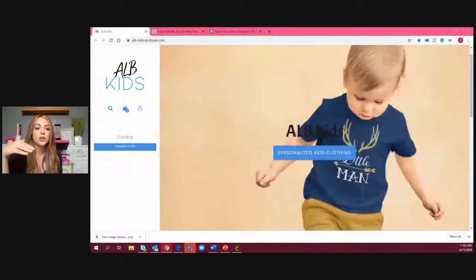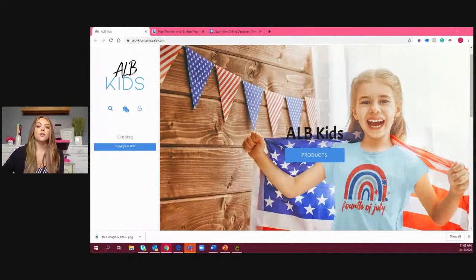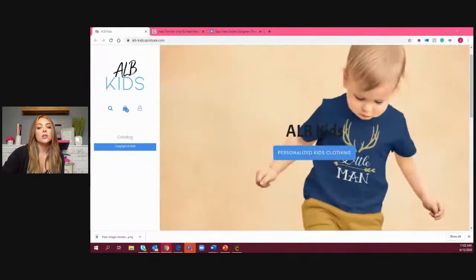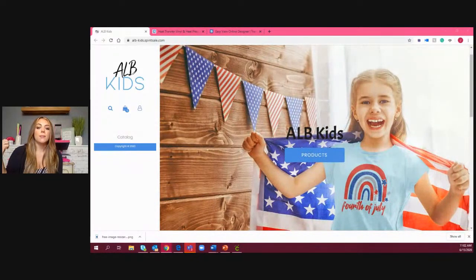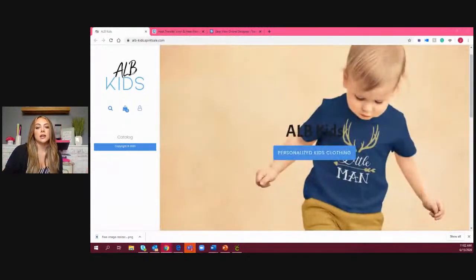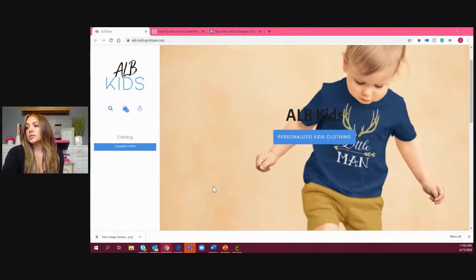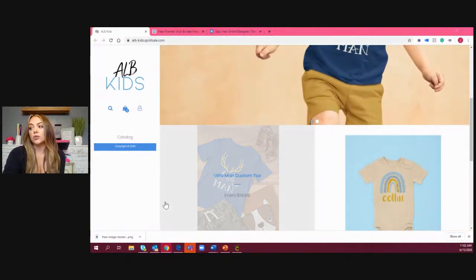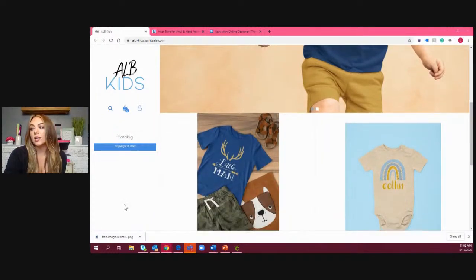And if you're starting to get into some of those bulk orders, that's when you need to think outside of, okay, I can't entirely handle all of these jobs with my Cricut or Silhouette or Brother ScanNCut, whatever desktop cutter I'm working with. So now I need to start thinking about different ways I can get all these orders in so I'm not spending a ton of time in production. So again, this is Spirit Sale. This is a great way to get your products online,